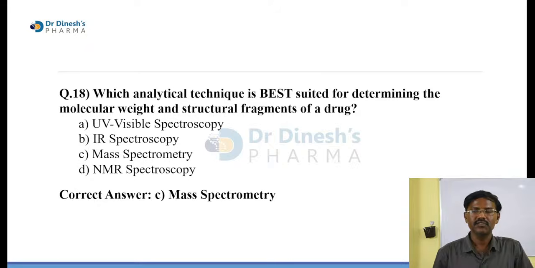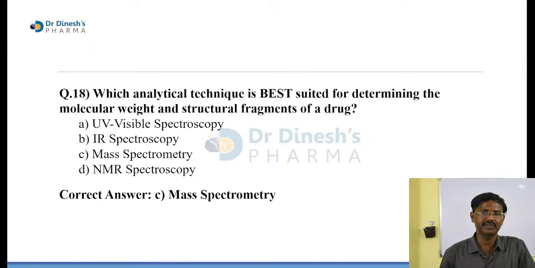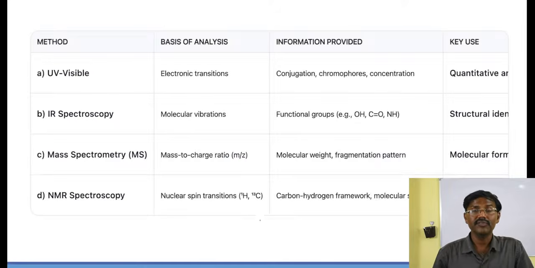So with this we will get to know the structural fragment and molecular weight of any molecule, any chemical molecule. We will get the molecular weight. And if you go to the next, so if you see the other methods, so UV visible से we will find out the quantitative, okay, and IR से we will find out the structures, कौन सा functional groups है